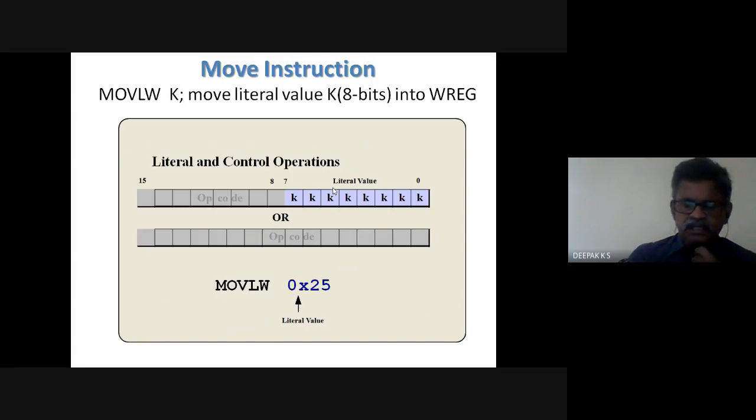So we'll see an instruction. Move instruction. Move